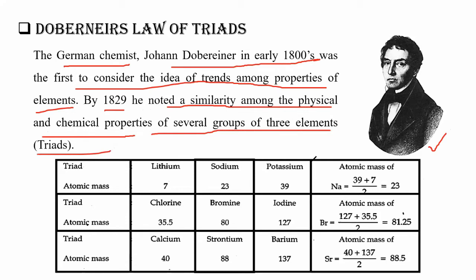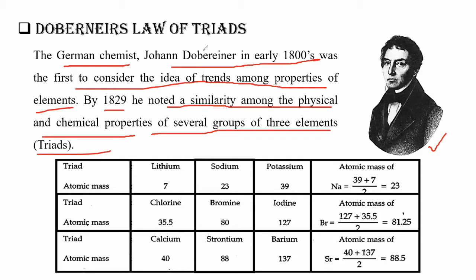So basically, he tried, in his time around the year 1800, very few elements were known. It's not like today, when hundreds of elements are known. Very few elements were known, and Döbereiner tried to make a table, make a trend, in such a way that if we can group these elements into twos or threes, such that these elements follow a particular pattern of, say, atomic radius, ionization enthalpy, electronegativity, like this. So he found out that if we make groups of three, then this is possible.